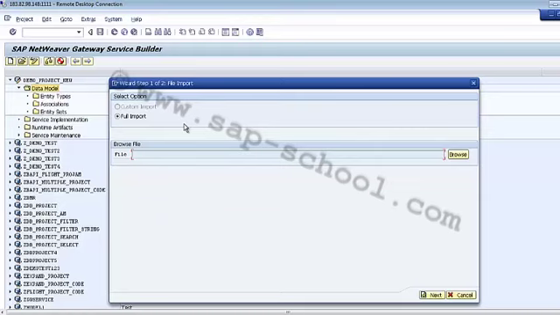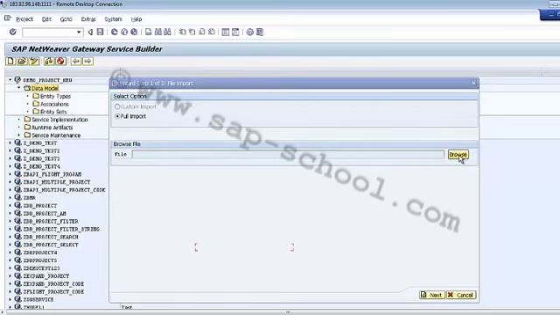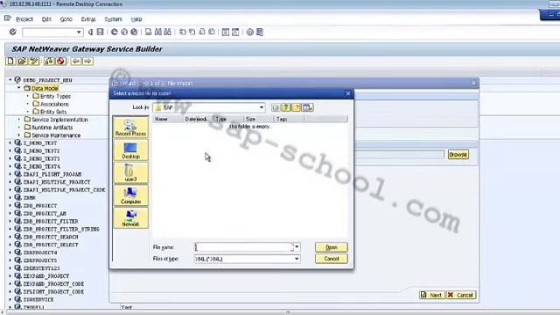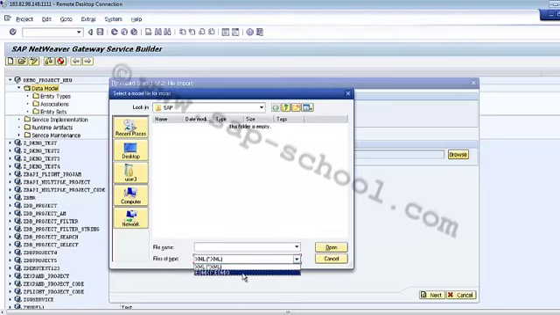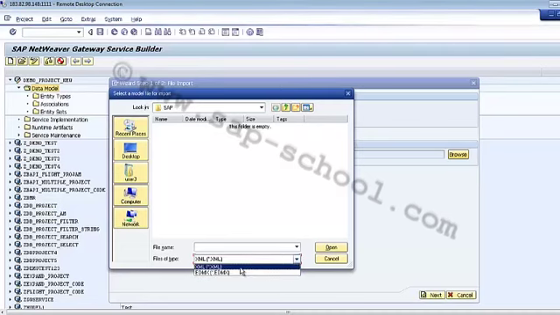After that we have to browse the file from here. So if I click on this browse, I can choose that file from any location where the file is existing. If I go to the file types here, we have only the XML file and the EDMX file. So I can use only these two formats if I want to import a file.